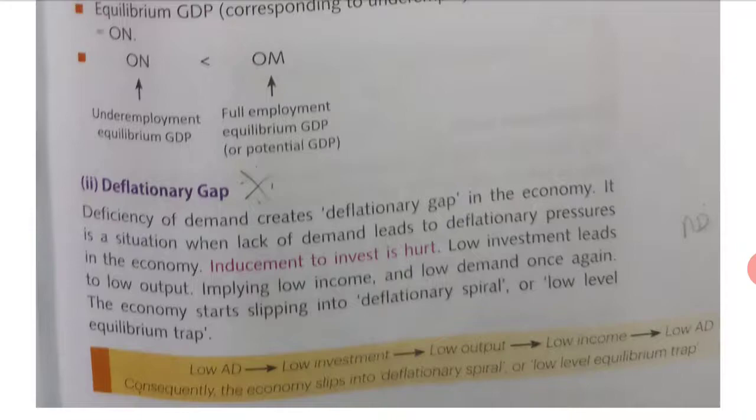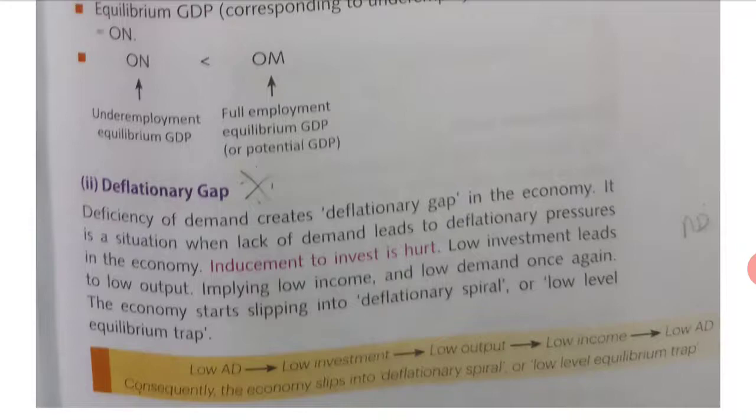If there is no investment, what does it mean? There is no production. If no production, no output. If no production, employment opportunities also will not be there. So income also will be reduced. If income is reduced, whether we will consume more or consume less, we will consume less. So demand also is less once again. So this will be like a deflationary spiral. Spiral means due to this reason, this happens again and again.